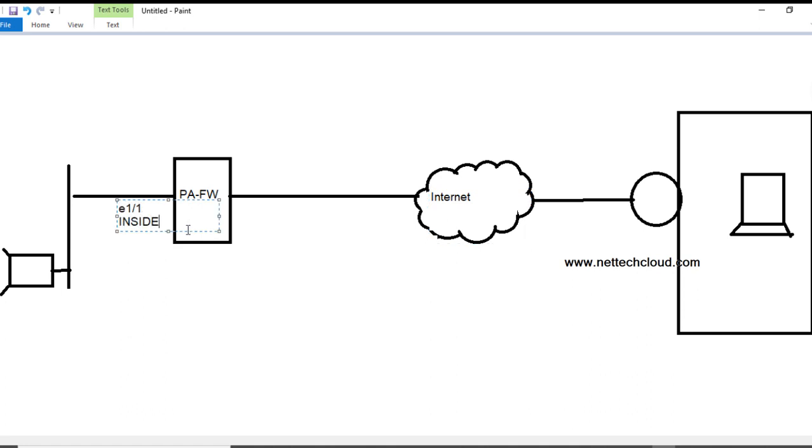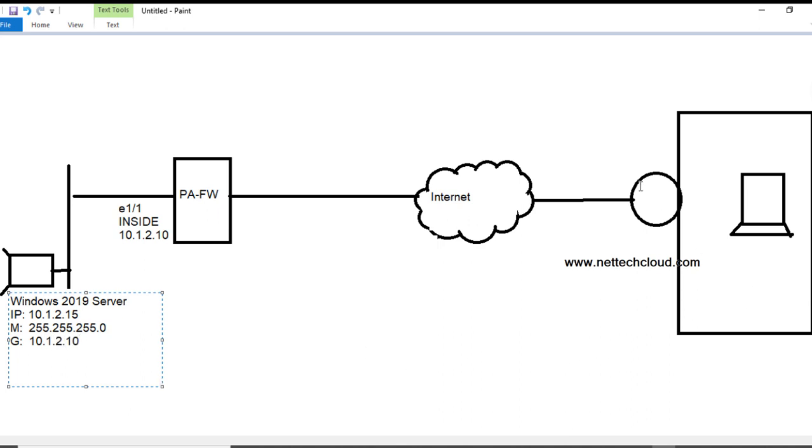It is in the inside zone, and the IP address here is 2.10, and this one is a Windows 2019 server machine, and its IP is 10.1.2.15, mask 255.255.255.0, and the gateway is 10.1.2.10.